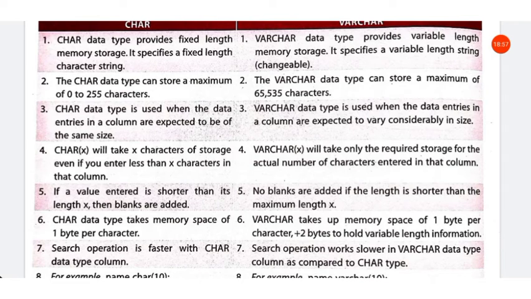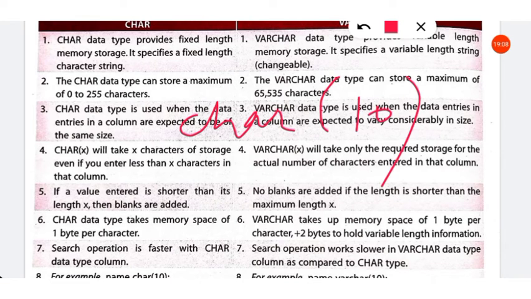That is, I have told before, if we specify char 10, then for suppose name column I have given char 10, then all the data that is stored in name column will have size 10.